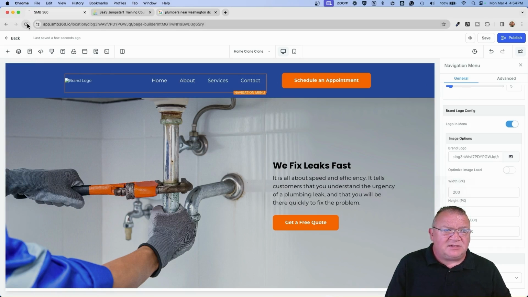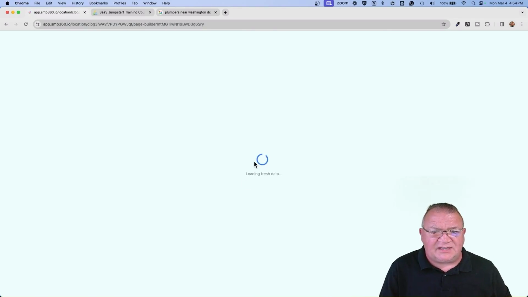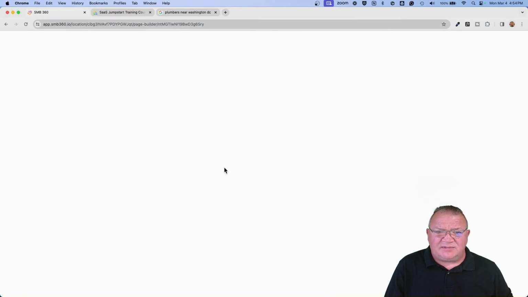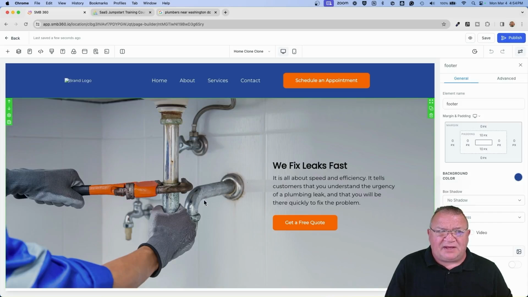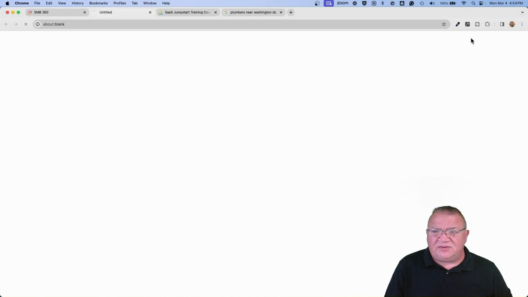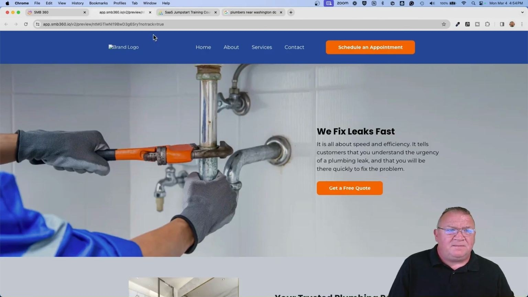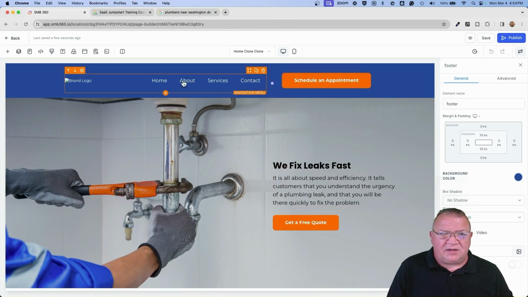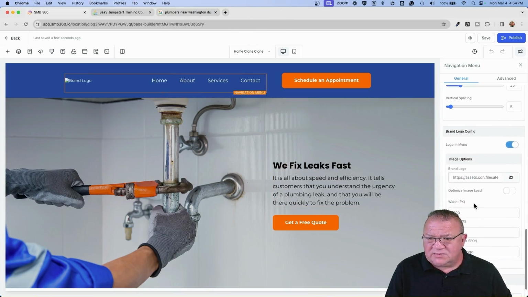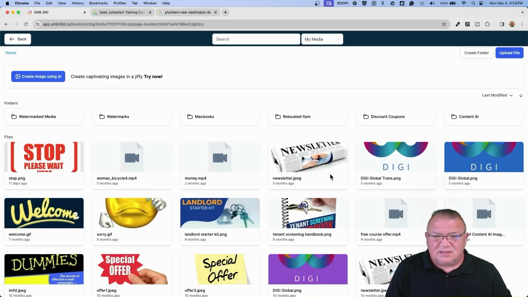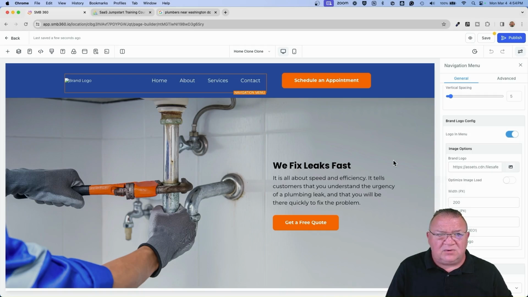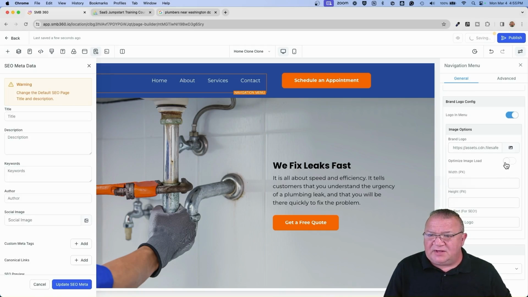So right now I'm going to go ahead and see if I can refresh that to get it to populate here. Sometimes when you refresh the image, it doesn't always pop back up. But let's see if we can preview that and look at it in the preview. Okay, so obviously we've got some kind of a problem here. Let's do this again. We come down here and select the logo. So that should be all that we have to do.